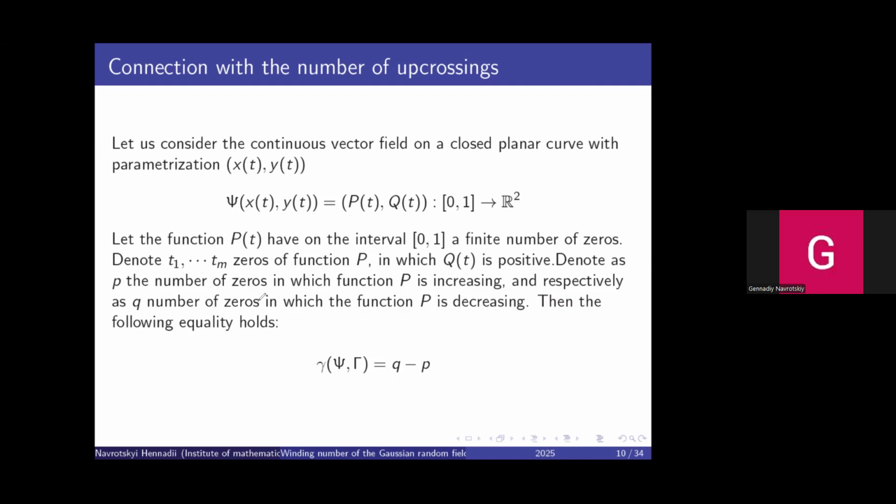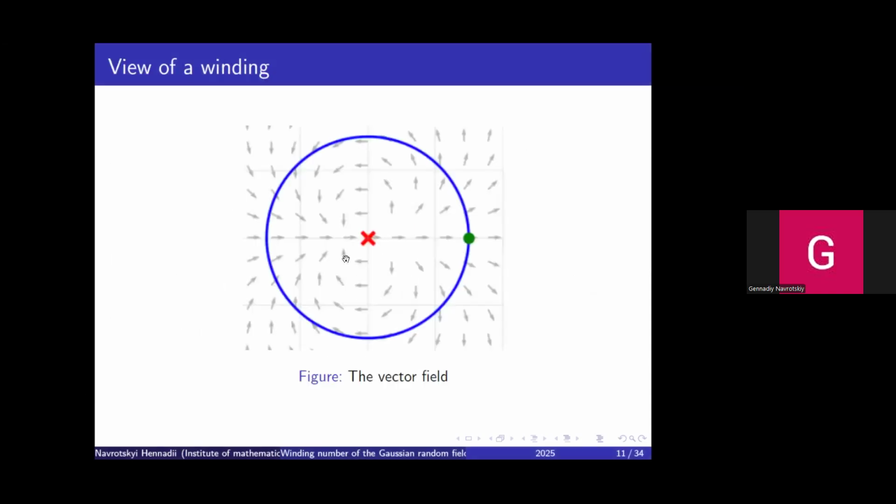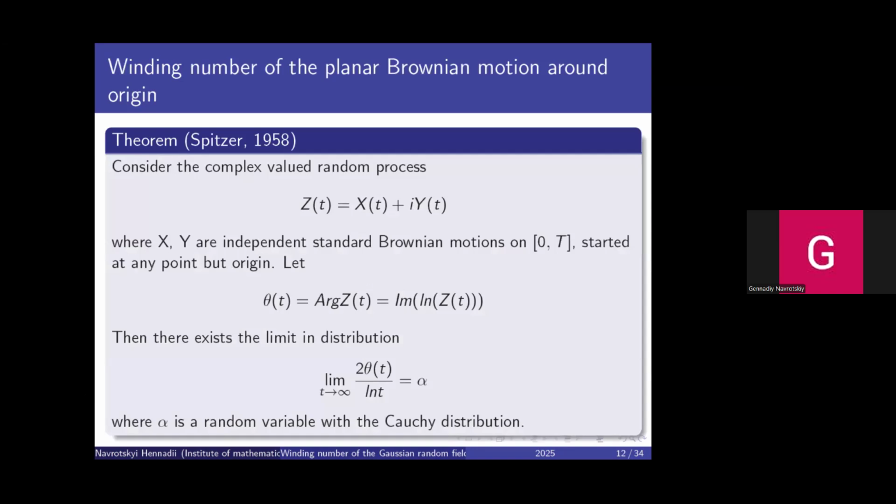So further, here the vector field rotates and has rotation 2, winning number 2 on the circle. So further, let us